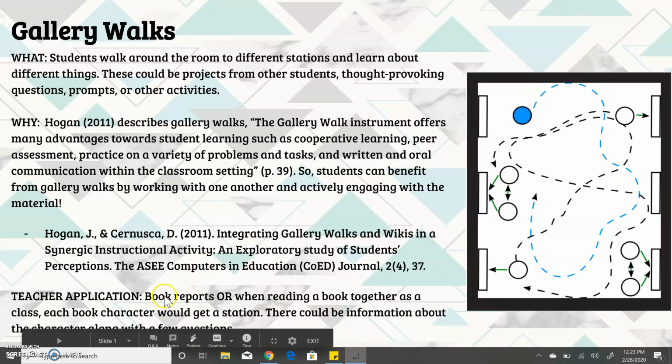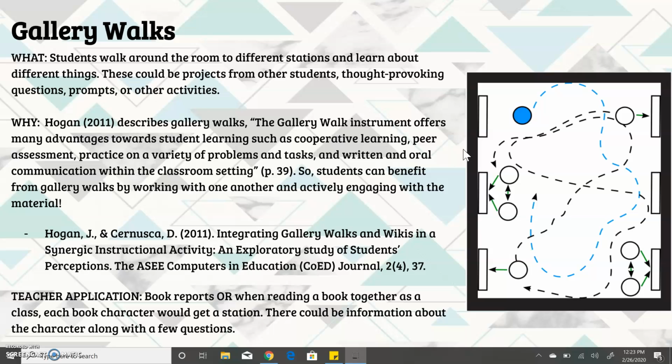And then finally, some teacher applications I thought of were book reports. We all know book reports can take up a lot of class time, but this way, students knock out quite a few book reports at a time. The teacher can go around and grade them. Students could do book reports on posters or slideshows or even shoeboxes, and then just present to all of their